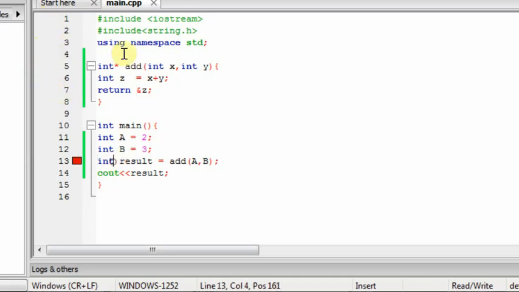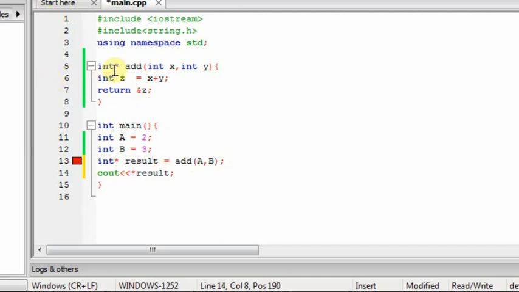Also here I am creating a pointer variable for this return type. So actually what we are doing, I am passing these two variable values and I am returning the address of the result to the main function and storing the address value in this pointer variable result.